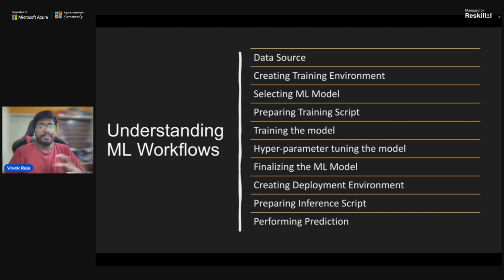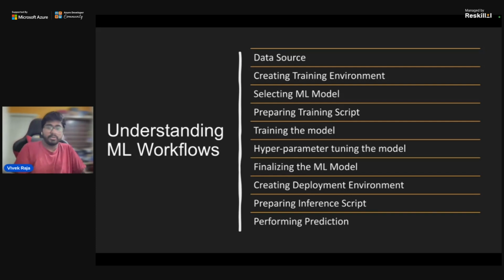So I think we spent a good 10 minutes understanding how a complete machine learning workflow works. Right now everyone who is tuned in to the session, or maybe in future, is on the same page about how machine learning workflows go. So now we're going to take the next step forward: how am I actually going to take it to the cloud, and why should I really take this to the cloud?